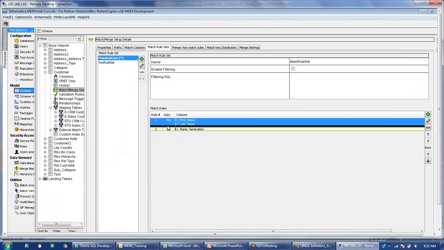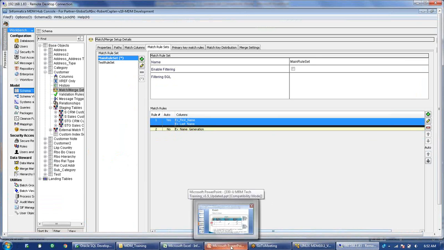But when we are not sure, we will just leave it as manual, so that once the records are matched, based on the workflow, MDM will create a task and assign it to the business analyst or the data steward, so that they can manually look into it and merge the records. Similarly, there are some other options which are available. So we will discuss that now.